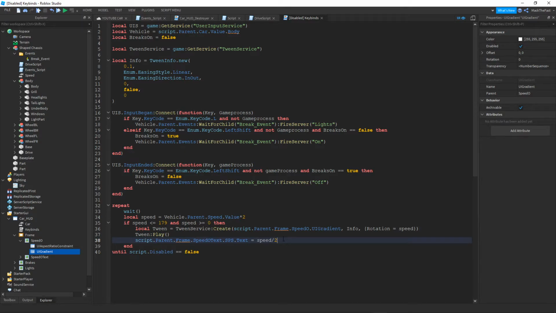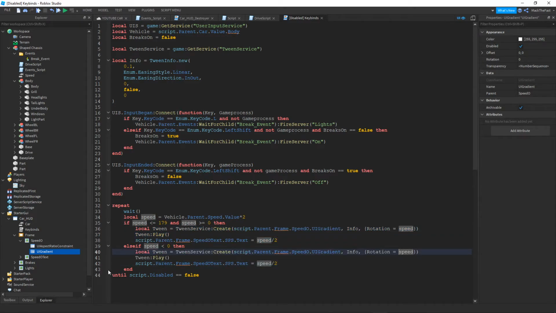And we are going to do else if speed is less than 0, then, so if it is in the negative area, so if you're reversing, then we're actually going to copy the tween, copy all of this text here, and paste it in here. Where it says speed, we're going to put a negative, because two negatives make a positive. So if you have a negative minus,